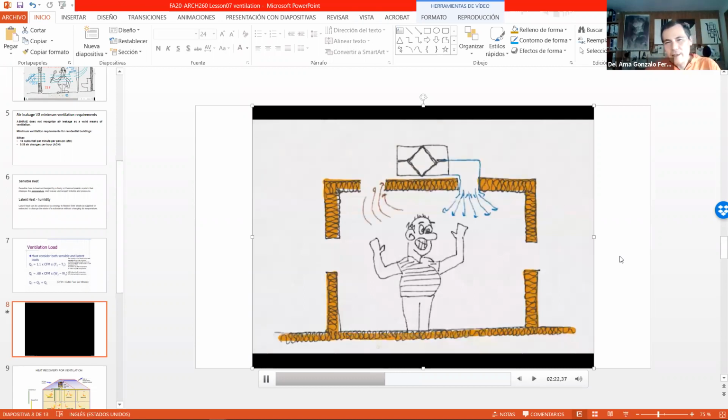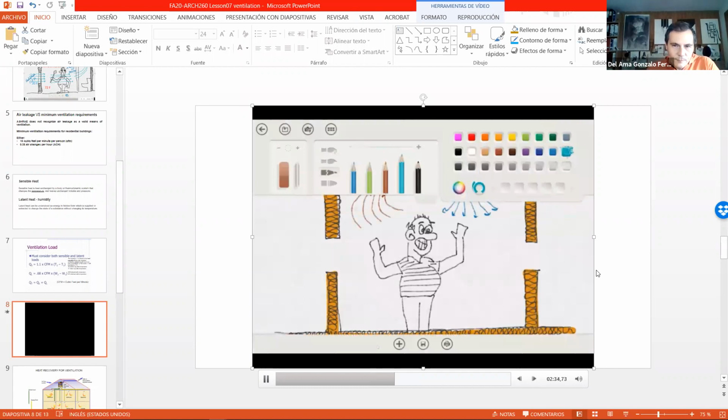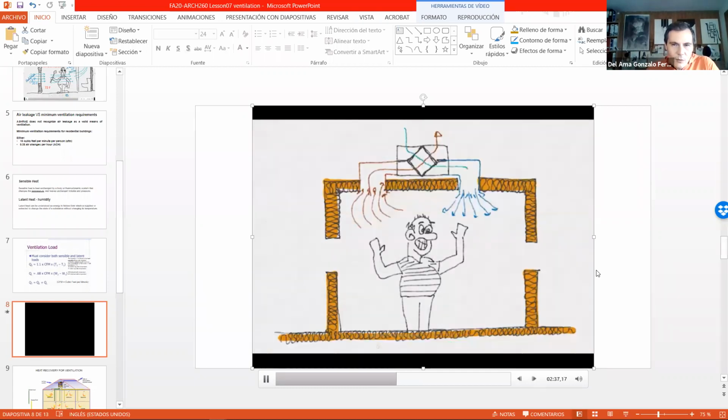So the supply air without this mechanical system, it would be at 20 Fahrenheit. But now with this heat recovery, we have this element here, this square, and on that square we are introducing the fresh air from outside,